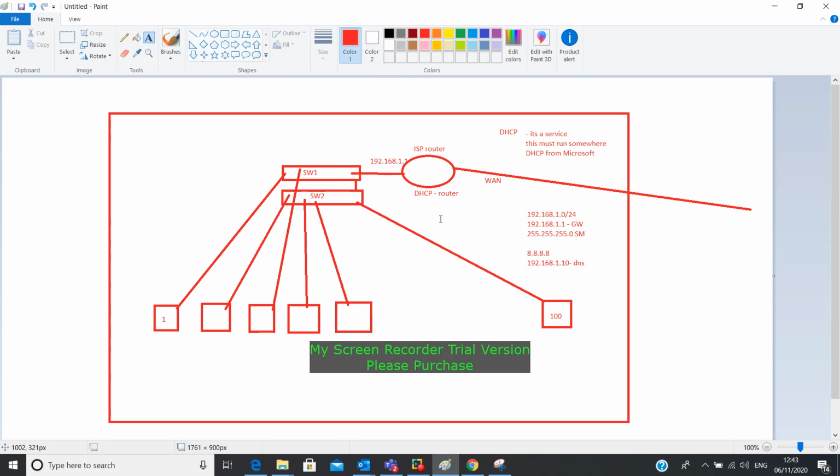I'm 110% sure that in 90% of routers there is a DHCP service facility. We will enable it, or it would be enabled automatically. This service is inbuilt with the router and it would be running in all of the routers. So we will enable, or we can configure the DHCP